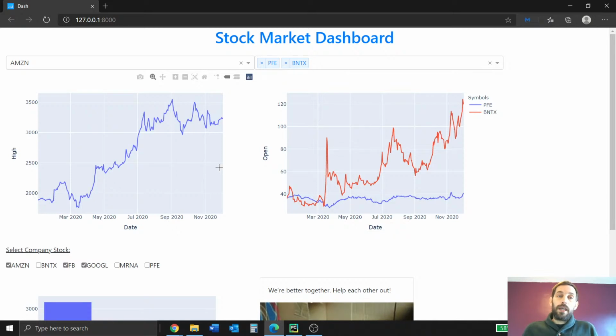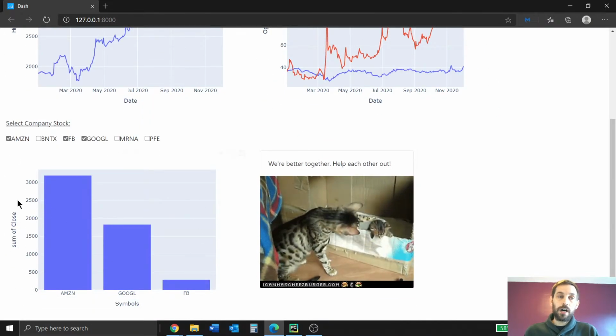But most importantly, I'm going to show you how to design and control the layout and the styling of your dashboard app. So we'll learn how to move things right, left. We'll learn how to put spaces wherever we want to put the spaces, how to create these columns and rows,